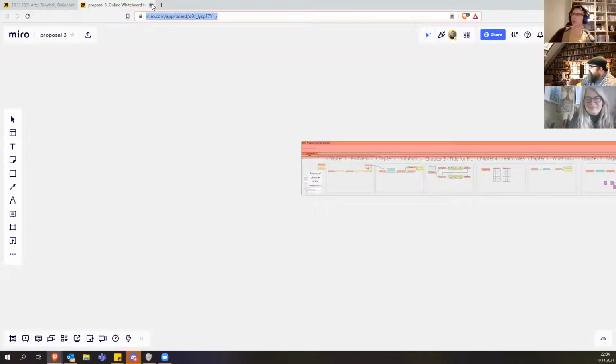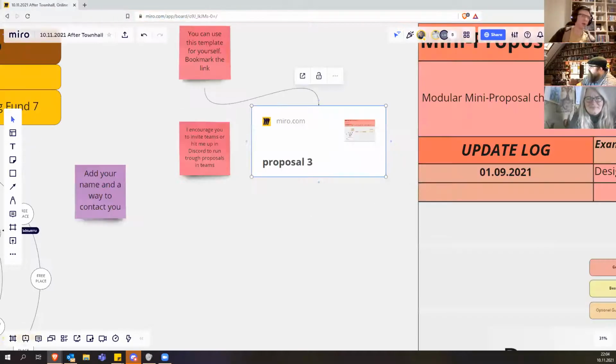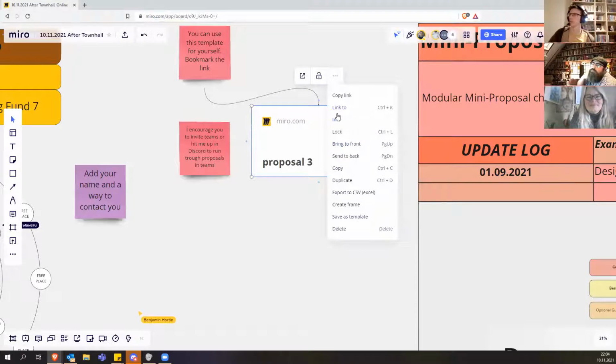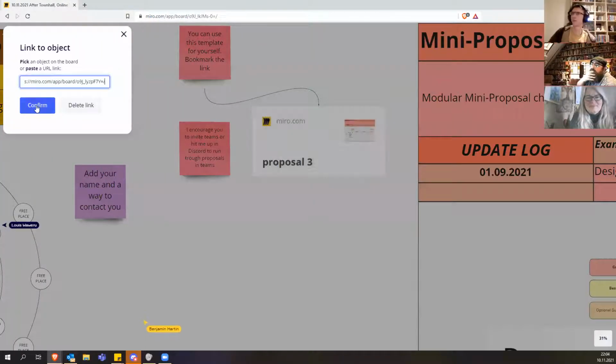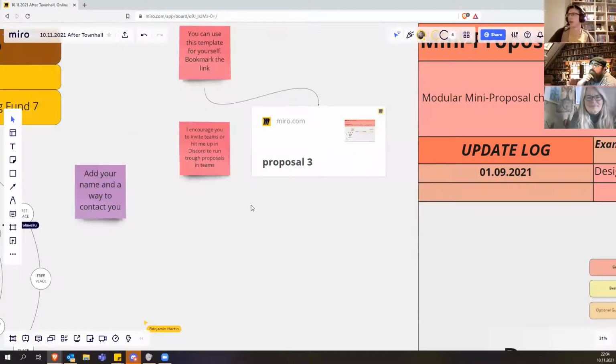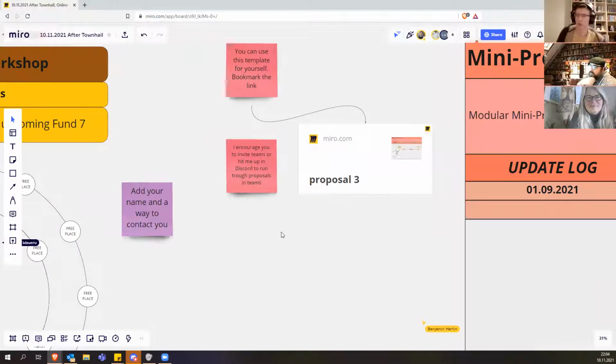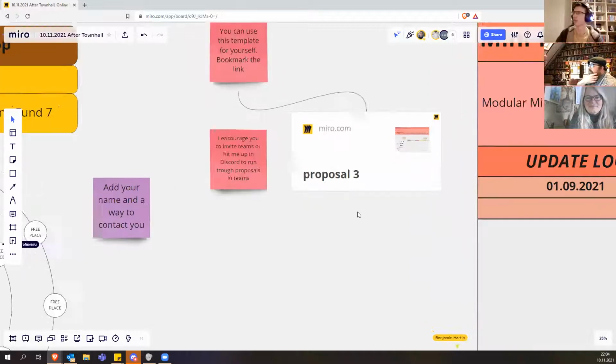But for everybody who is interested in the full template, I will put it in the Zoom chat, so you can copy paste it, or just use it for yourself